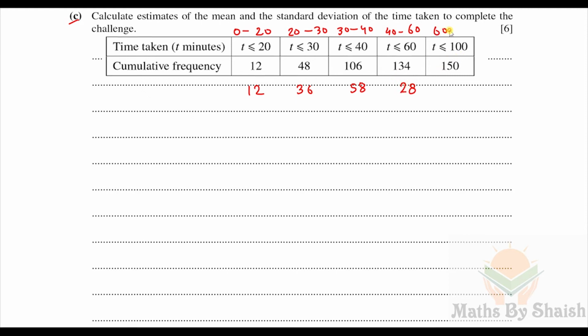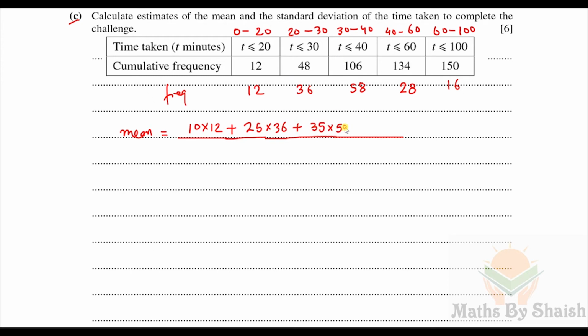And for this interval, the frequency would be 150 minus 134, that is going to be 16 only. So once we have the frequencies, we can estimate the mean. Mean is going to be the sum of all the data, means we'll multiply the mid value of each interval with the frequency. So the mid value here is 10, so 10 into 12, plus mid value of 20 to 30 is 25 into 36, plus mid value of this is 35 into 58, plus